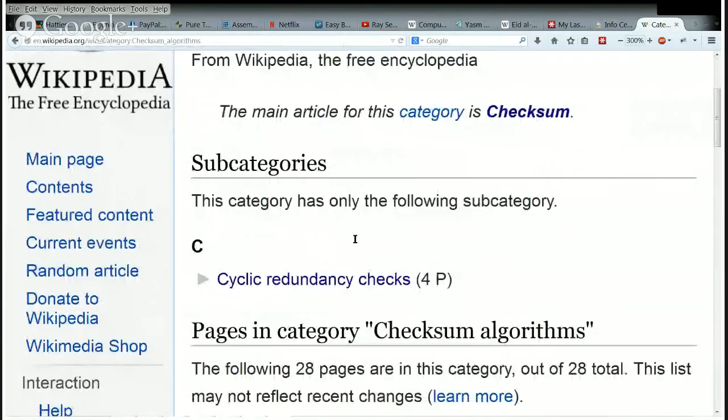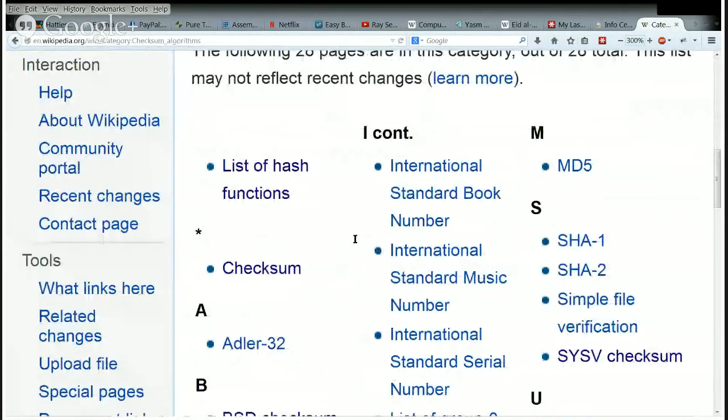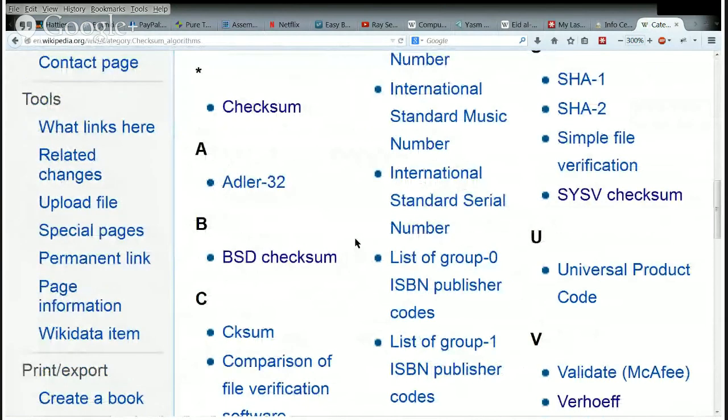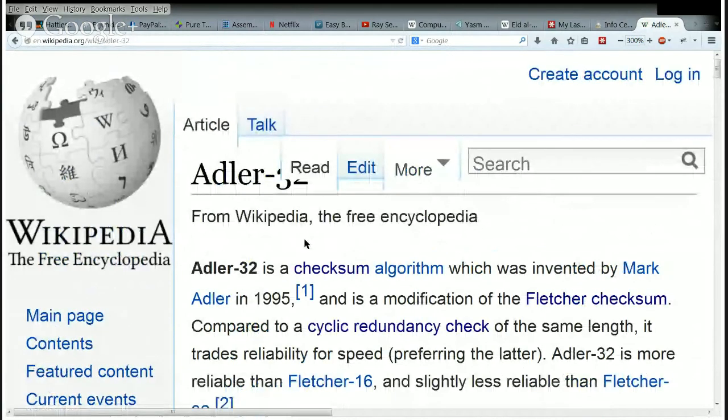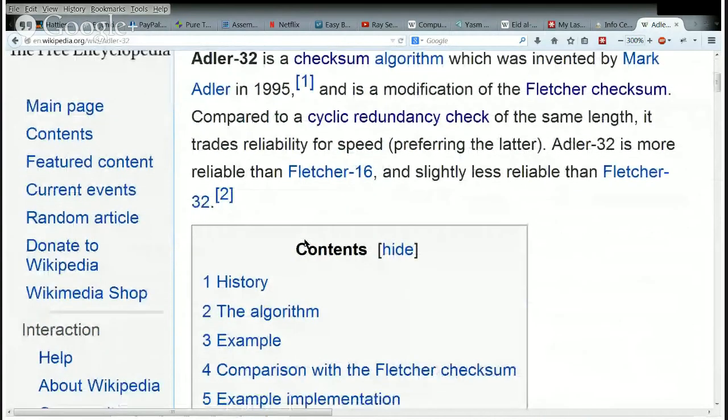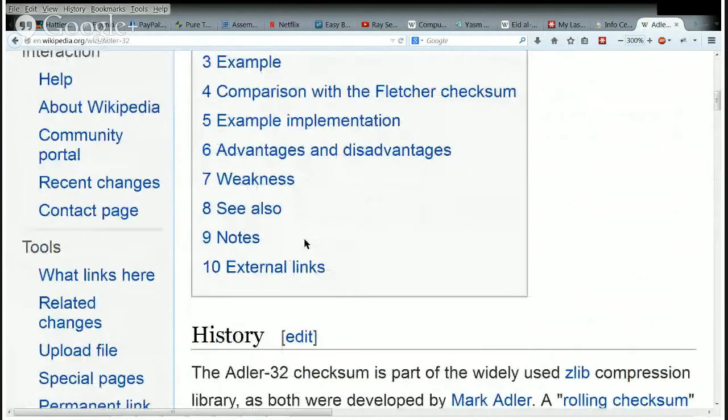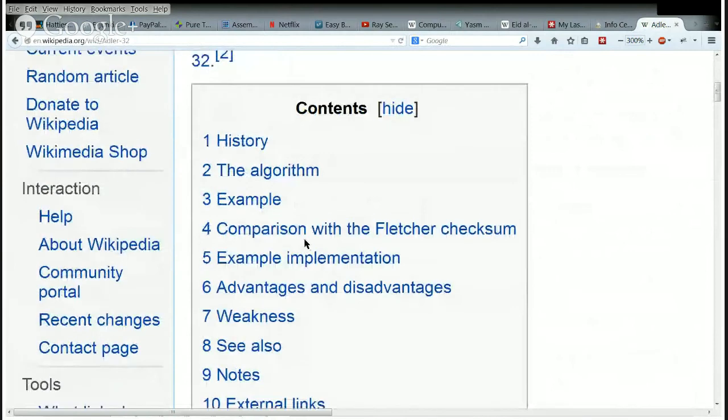There are lots of checksum algorithms. Some of them are pretty straightforward. There's one that I documented in the book that is Adler 32, which is not too hard to understand. And I'm not going to do it because I left it as an example for an assignment for people to work on.